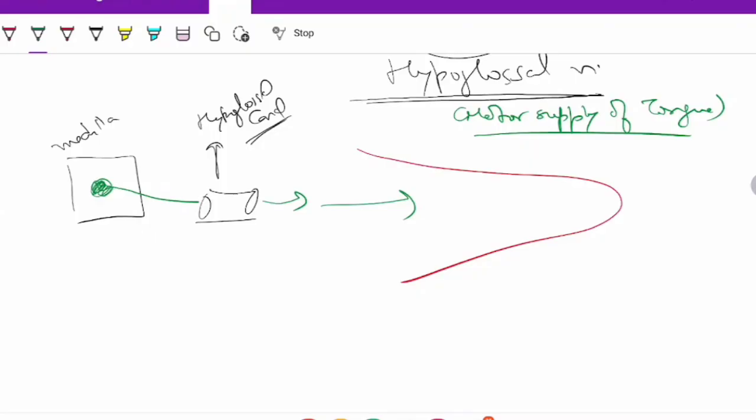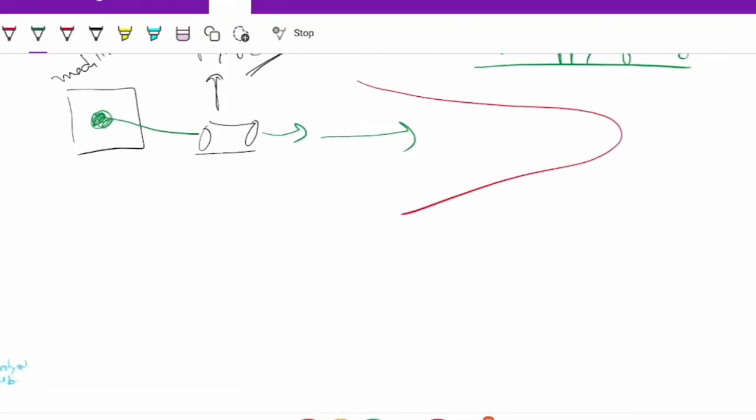But there is a catch. Now you must be asking what catch there is. The catch is it's not alone. There is another structure: C1, C2, C3. If you remember, C1 to C5 gave rise to the spinal root of the accessory nerve. But C1 to C3 also form a very important structure in the neck which is very closely associated with your hypoglossal nerve. Now what is this structure? One of the C1 nerves